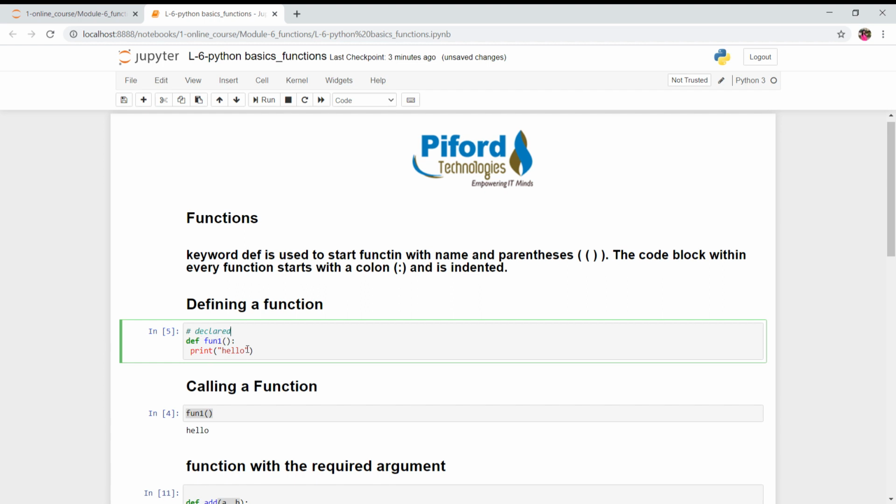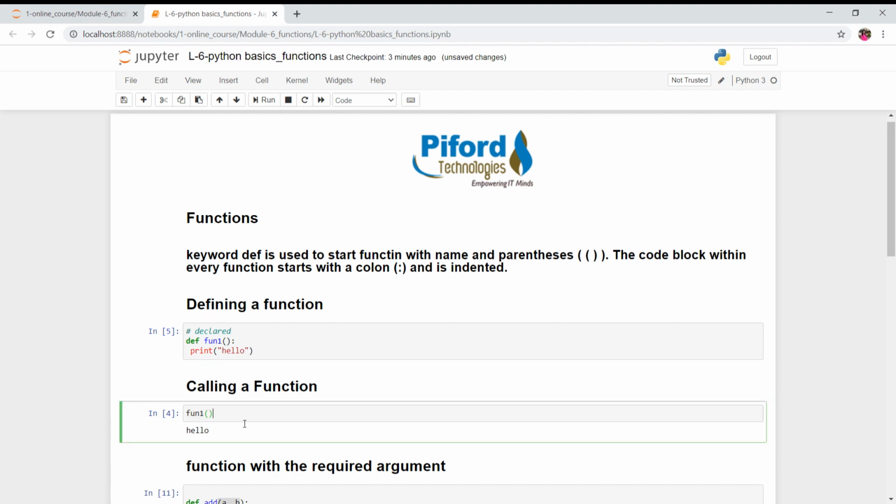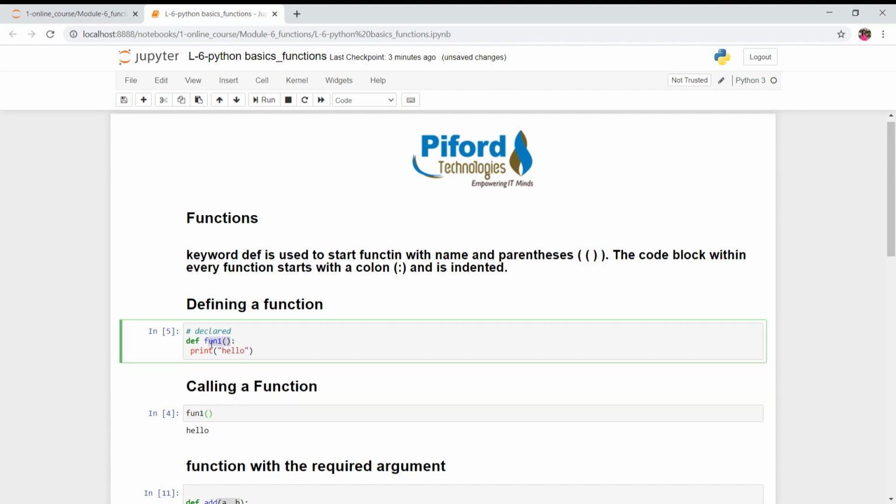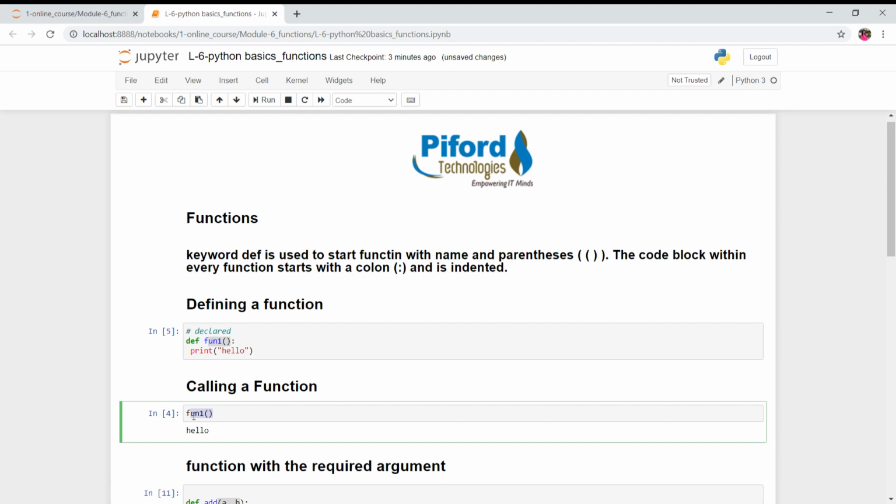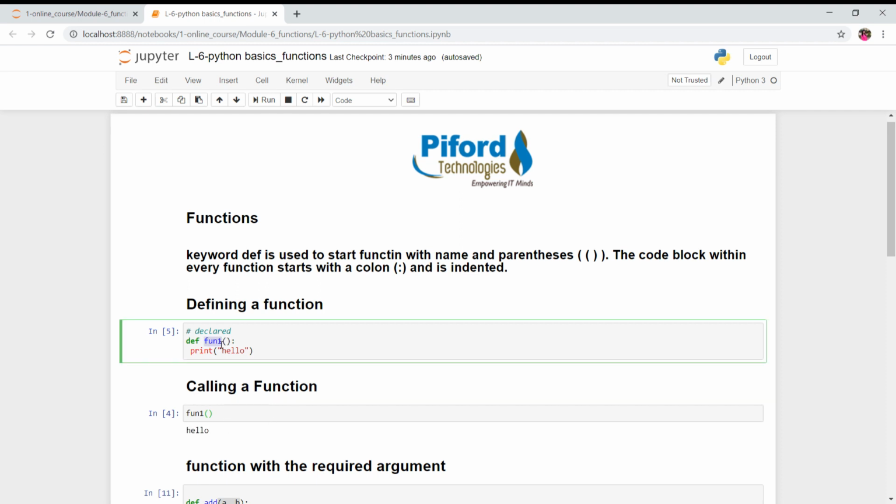Now, if you want to use this function, what do you need to do? Just write the function name. See, I have written fun1 and pressed enter, and I'm getting hello. How am I getting hello? Because in this function we have written print hello, which means this code will execute whenever somebody calls this function.